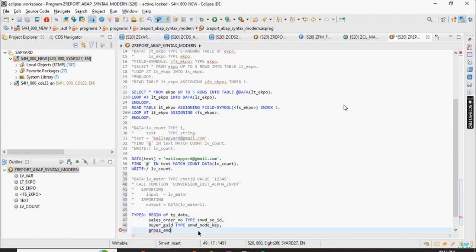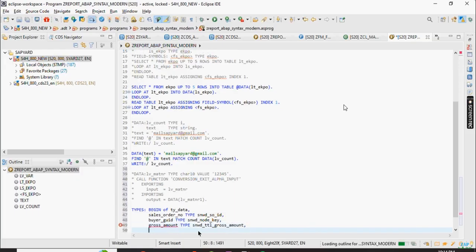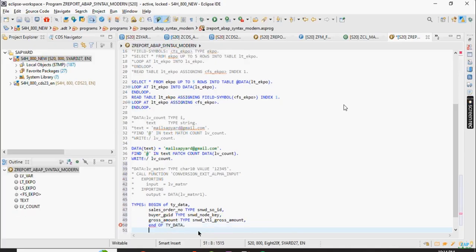And I'll select one more field, as in I'll click one more component name, gross amount, type SNWD_QTL_gross_amount. Okay, then I'll end this local type, end of UI_data, and I'll declare